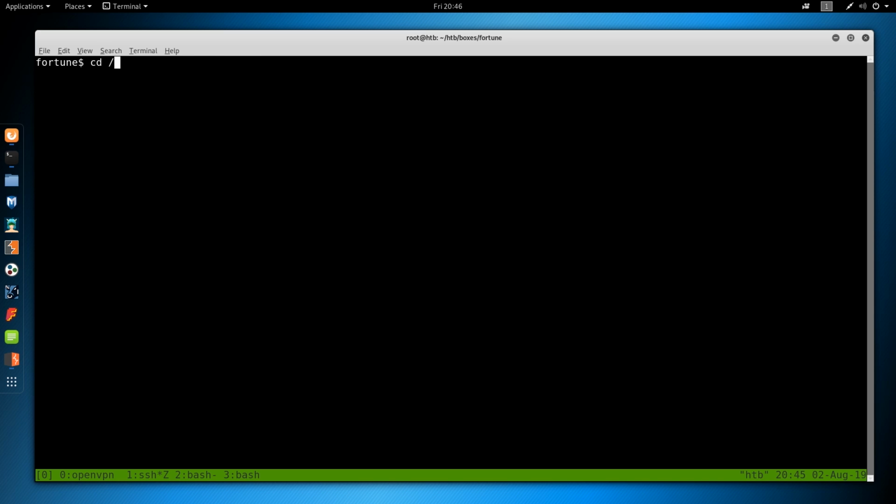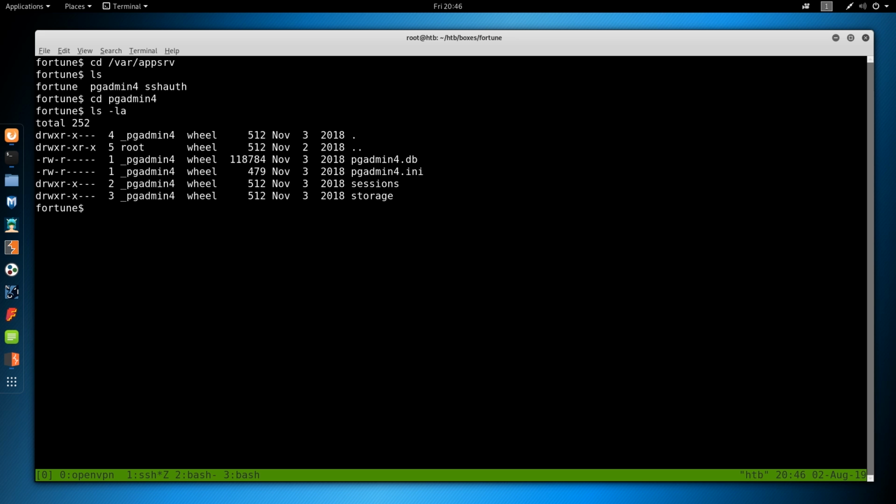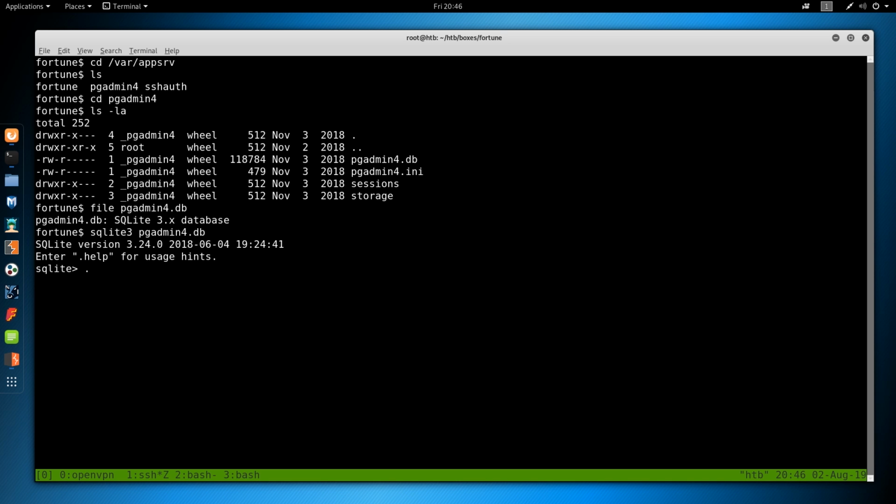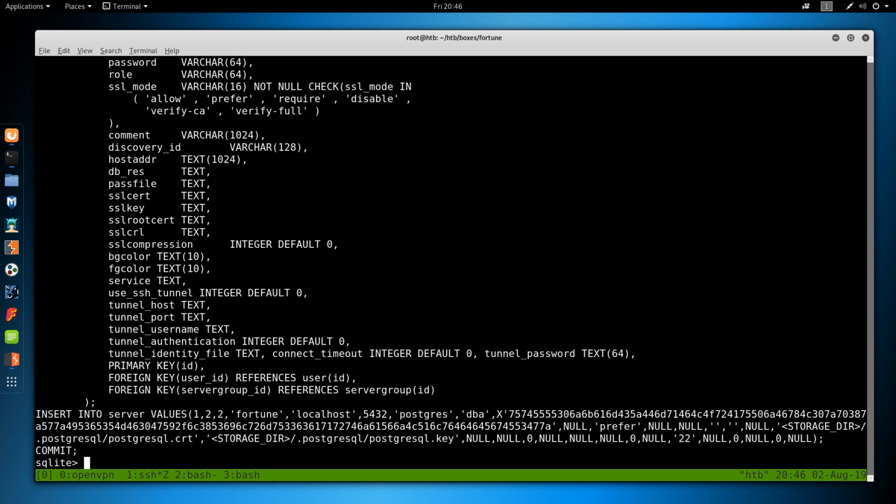And now we should be able to go into the appsrv directory we saw as the web user. So pgadmin4, ls -la, and we're in. If we do file pgadmin4.db, we see it's just a SQLite 3 database. So do sqlite3 pgadmin4.db, and we could do .dump to dump the database, which we see looks like the